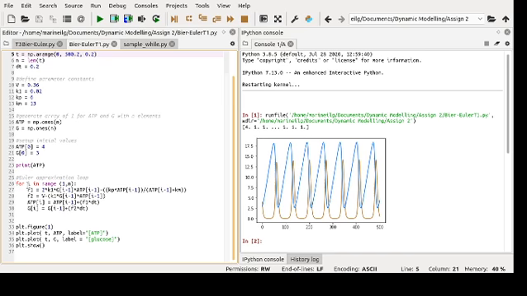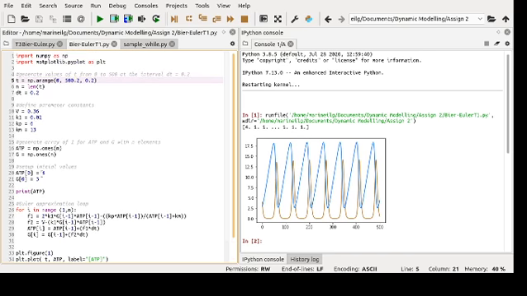Then I specified here again the length of my list for the range of n. So that's basically the for loops and the list usage in Python.